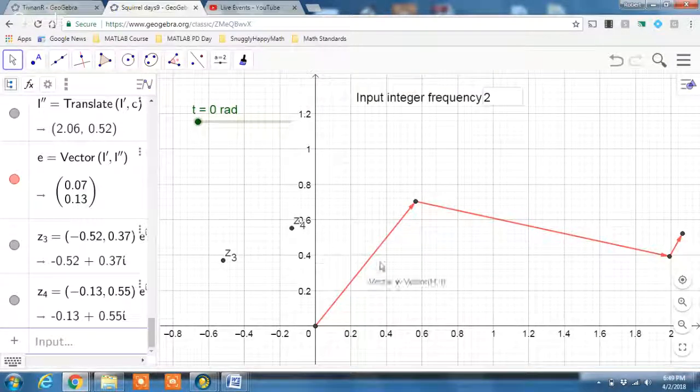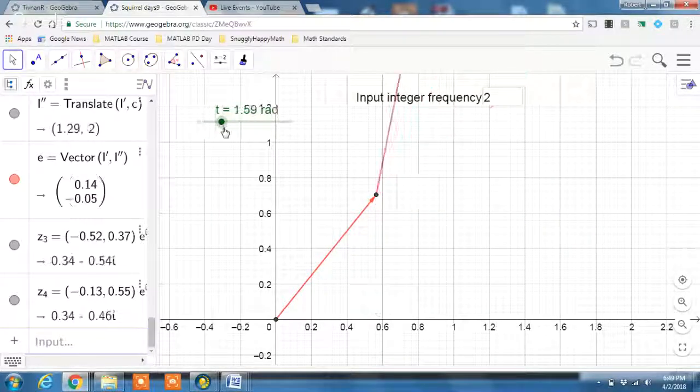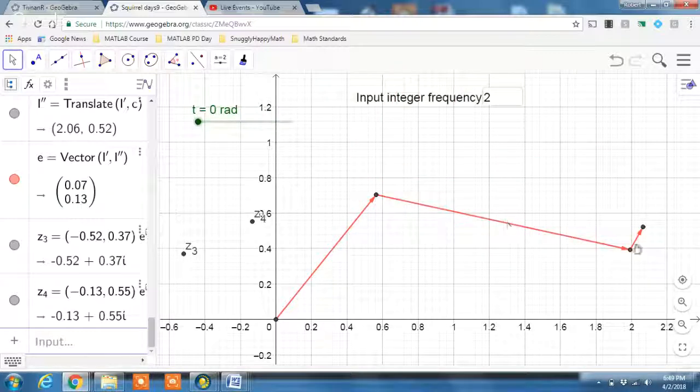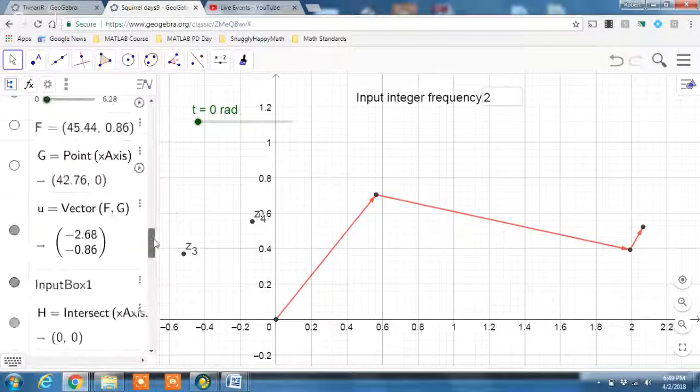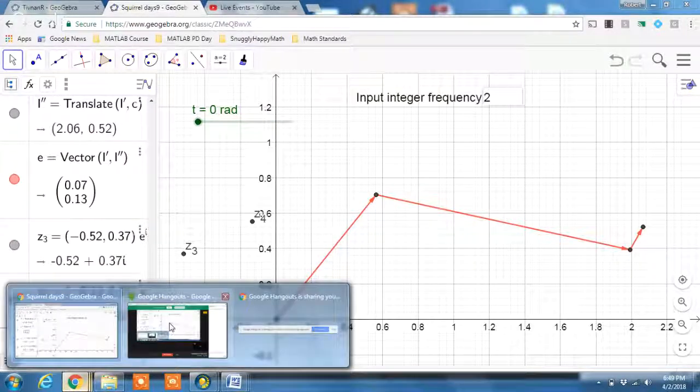So what are we going to do? We're going to create two more vectors off the origin, and we're going to attach it to the end of this. So in the end, we're going to animate this T, and we should have a whole bunch of vectors all connected, starting at the origin, and all chained together. But what's going to happen is they're going to spin in different ways. And it's all determined by steps we've done in previous days. Okay, so I'm going to stop it here, and we'll pick it up on the next